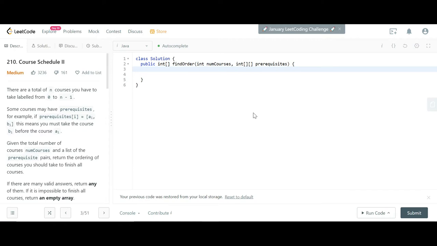Okay, so step by step we will do the programming. What I have mentioned just now is we have to define a map which will contain the adjacency list, of type integer and list of integer. So here I will first define one adjacency list map. It will look like a map of integer, then a list of integer, and it will be a new HashMap.